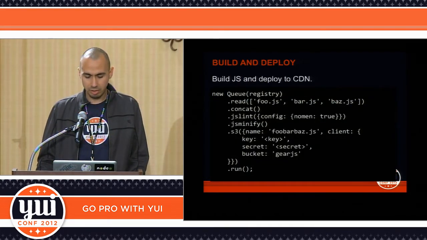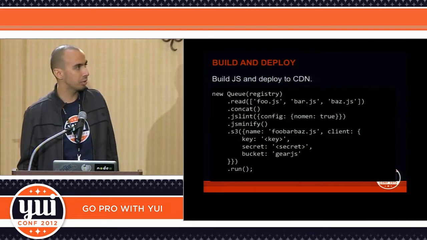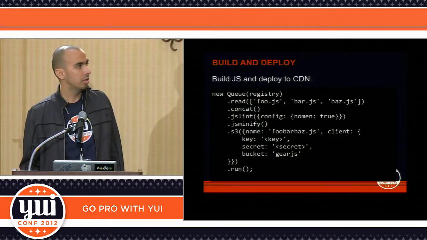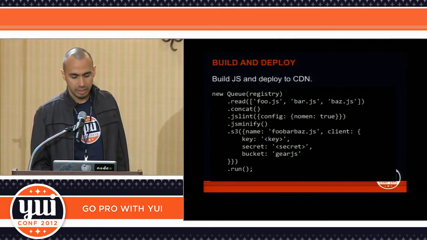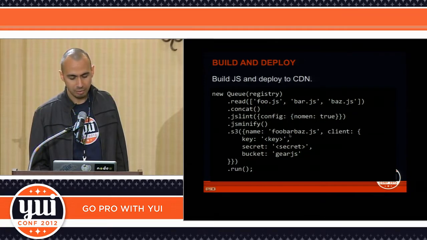And this is what it's going to look like to build and deploy to a CDN. You're going to read all those JavaScript files, concatenate them, JSLint, we'll use nomin in this case, and JS minify, and then we're calling S3 here. And so we're going to write this foobar baz.js file out to S3, passing in our key and secret and